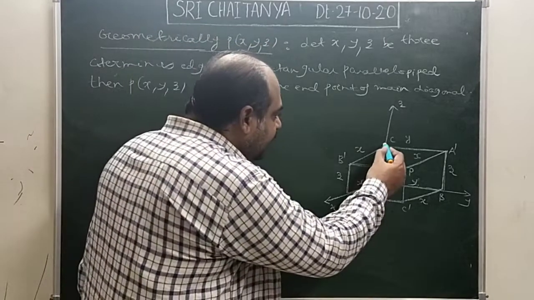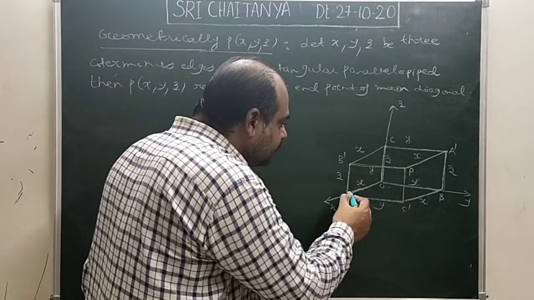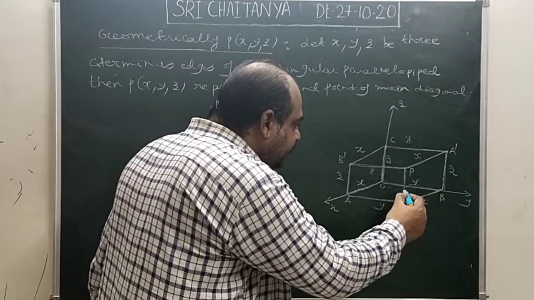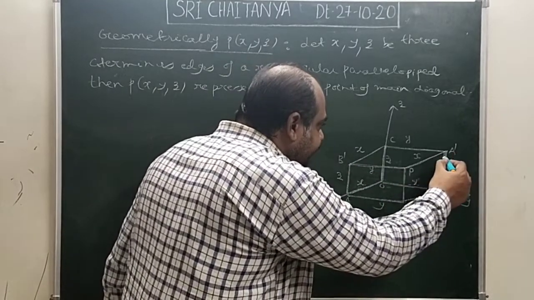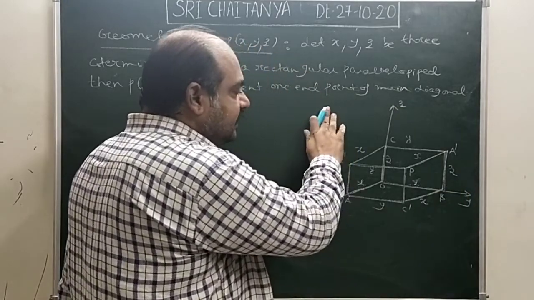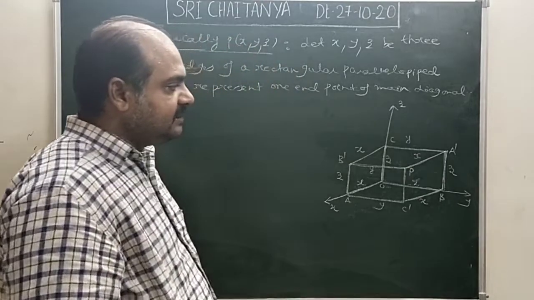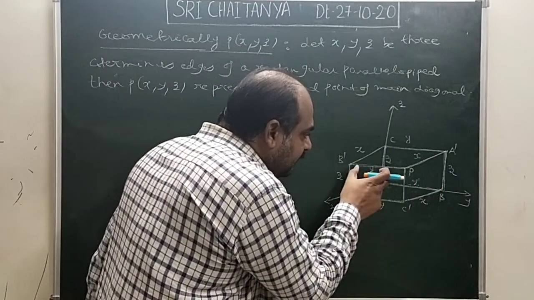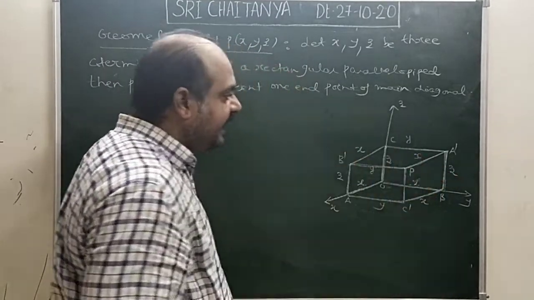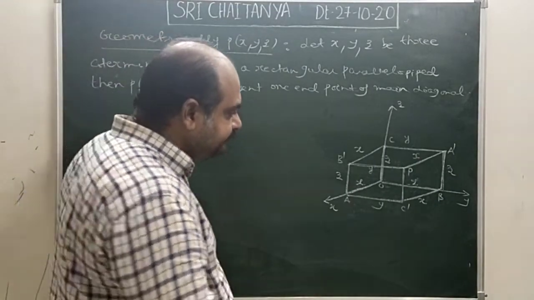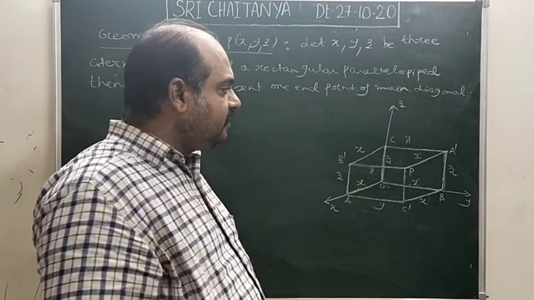Now ZX plane you have assumed this one. This face lies in ZX plane. Parallel to it, this face is there. This is top face, right? Front face is there. This will become front face then. Then this face is called parallel to ZX plane. Like that rectangular parallelepiped is there. Now look at. I have told.